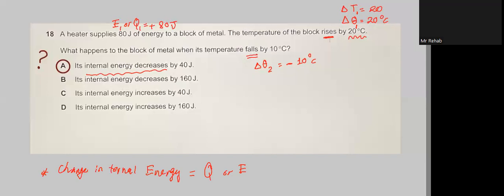Well, this is the first point. So here we want to find E2 or Q2. Q2 equals what? This is the point, okay? Number one, we can solve this question easily or mentally using this fact. For the same object,